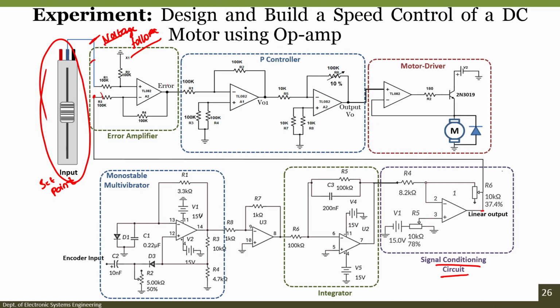Now the output of this, we can connect either to a P controller, a PI controller or a PID controller, such that by varying the gains, we can change the gain of the P controller, the P gain, and that will be given as an input to the motor driver circuit. But since it is a gain controller, if the gain is really high, there is a chance of getting an output greater than 5 volts.